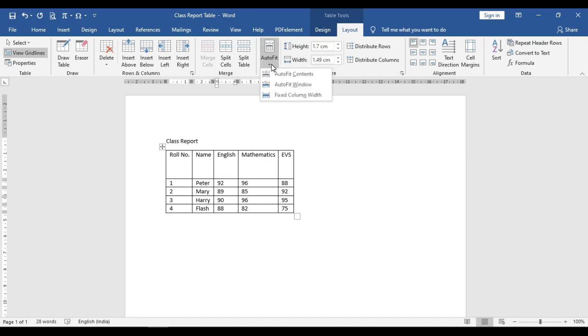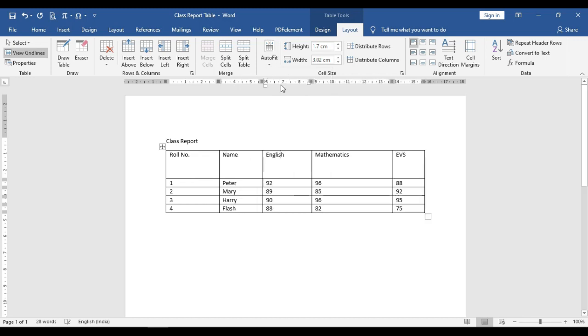Next, let's check with auto fit window. It will distribute the cells among the window. You can think of this like the justified option that we use for text while writing in Microsoft Word.